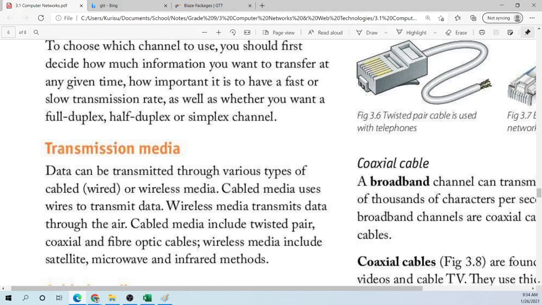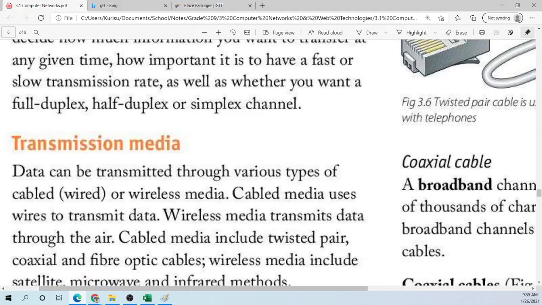So the paragraph above is basically what I said earlier, that depending on what is needed will determine whether you use full duplex, half duplex, or simplex, depending on what data you need to send, how you need to send it, and so on. Now, the transmission media, the third characteristic, is the media that is used to transmit the data. What is the network using to transmit the data?